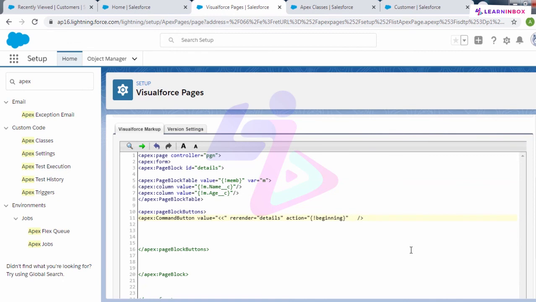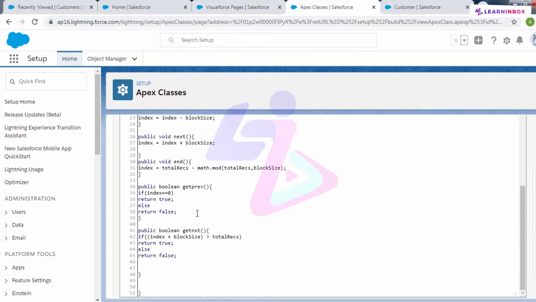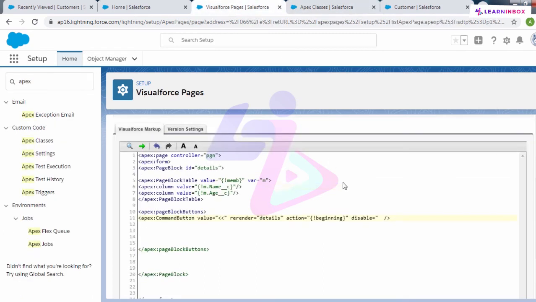Also, if you remember, we have used prev as well as nxt, so we'll use a disable attribute here. So disable equal to, so what we have used here, previous and nxt next. So I'll use this only, previous.